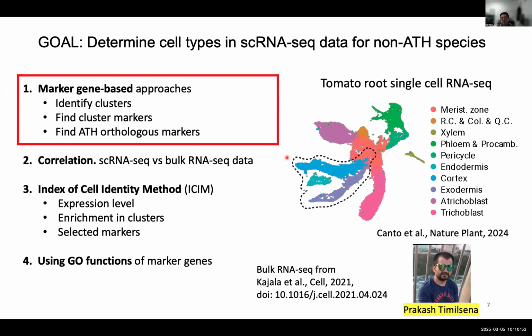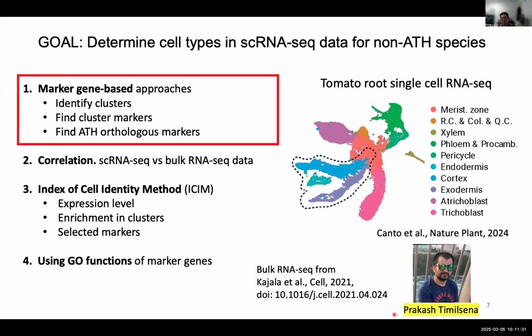And this was a collaboration with Sean Brady's group a couple of years back when they generated single-cell sequencing for tomato root. And the reason we can annotate this is because the same group published, again, marker gene-based cell sorting, but bulk RNA-seq. Well, let me take that back. So they have the marker lines for different cell types or cell layers in tomato root already generated in the previous publication, and they sorted those cells and generated bulk RNA-seq data from those sorted cells. And then we get a long list of cell type specific markers for different cell lineages in tomato root.